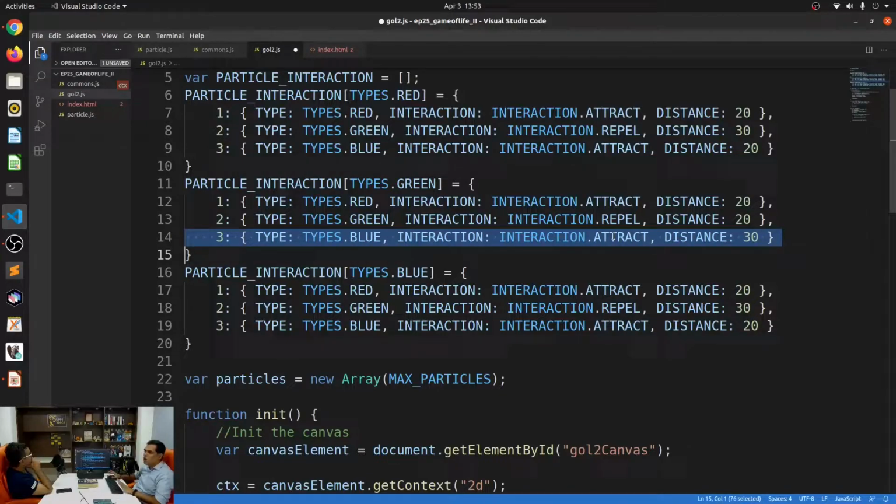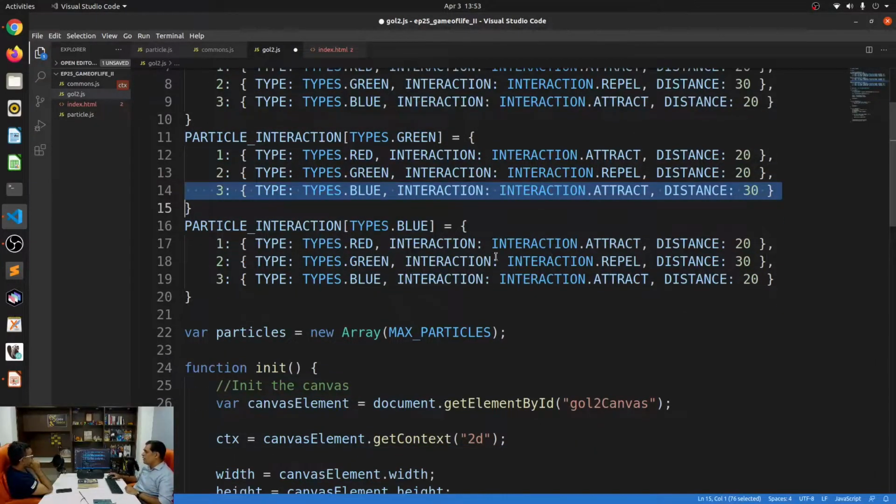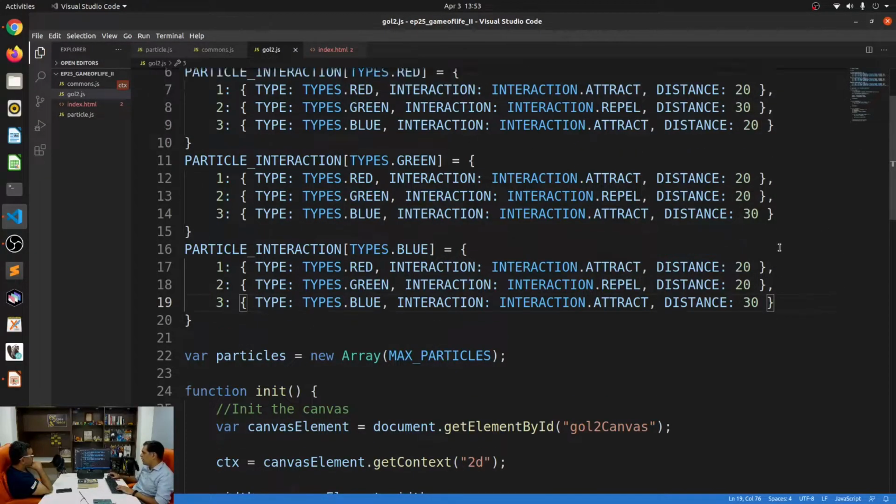Once again, this is all arbitrarily defined. Nothing is thought over. I have blue, which will attract, okay, so everybody likes red. It will repel green at 20, and it will attract blue at 30. Completely arbitrarily, I've defined all of these.